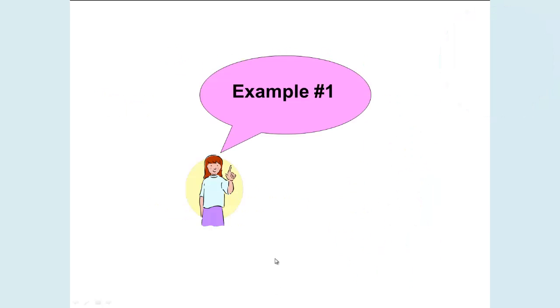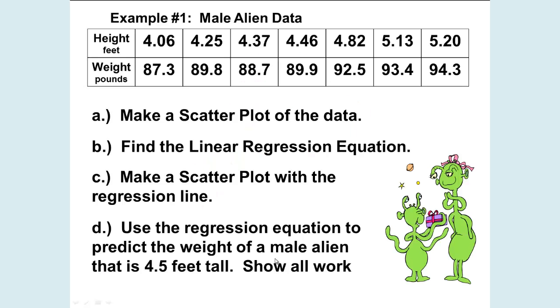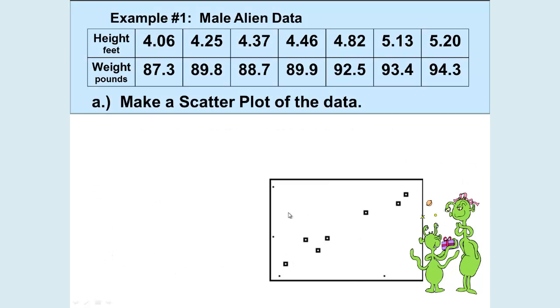And we are in the middle of example 1, where we have some male alien data, and we're making a scatter plot, finding the linear regression equation, making a scatter plot with the regression line, and using the regression equation to predict the weight of a male alien that is 4.5 feet tall, and we're going to show all of our work. In part 1, we made the scatter plot of the data, so here is the screenshot of the